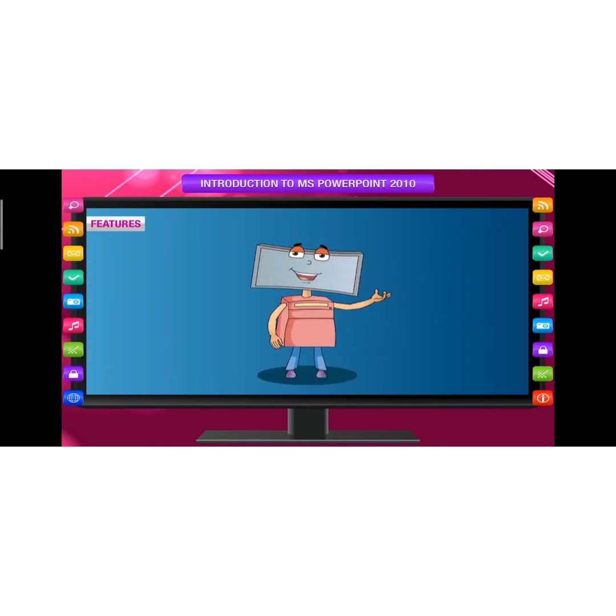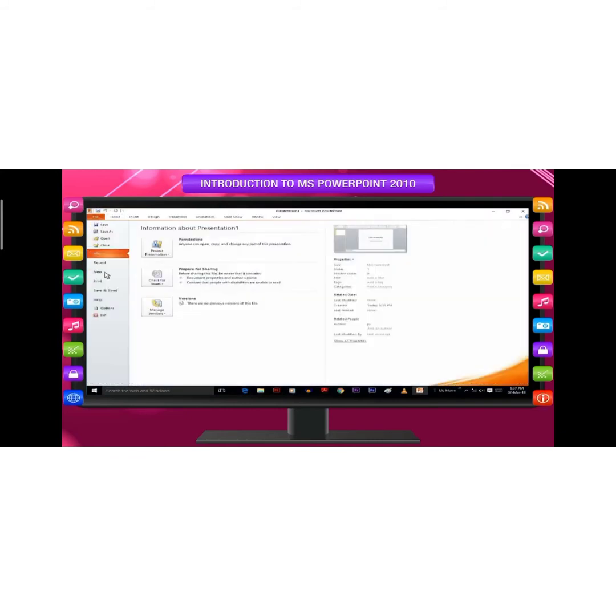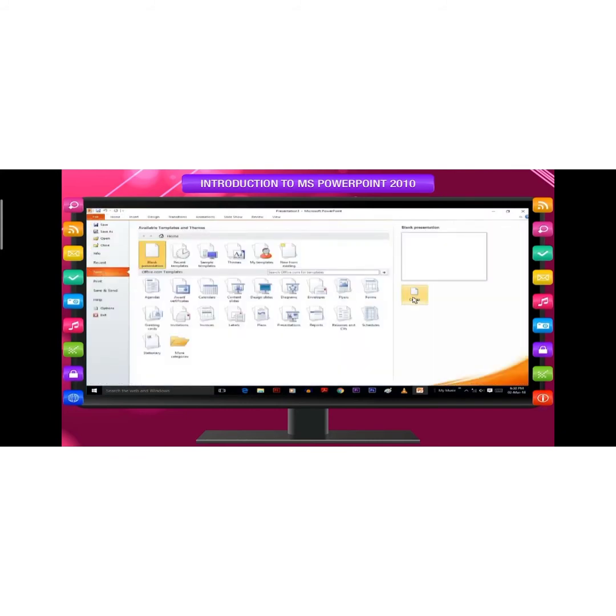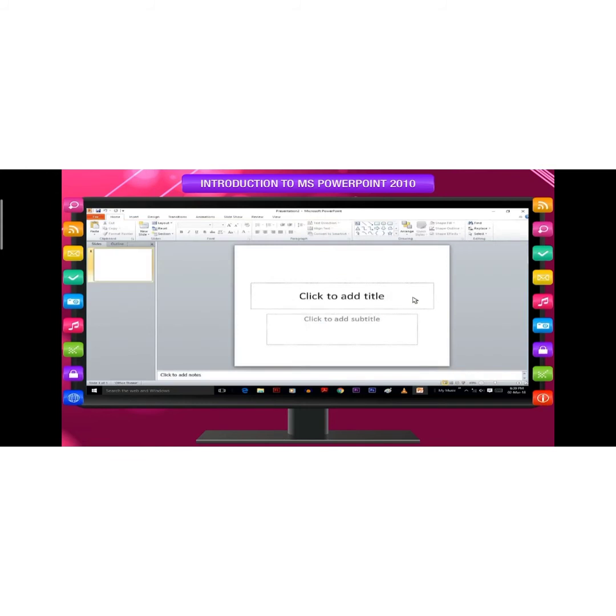In the past, formatting a presentation took more time because you had to choose the color and style individually for your tables, charts, and graphics, and make sure they match one another. Creating a new presentation: click the File tab, click New, Blank Presentation, click on the Create button. A single slide is provided automatically in your presentation. It has two placeholders, one formatted for a title and the other formatted for a subtitle.